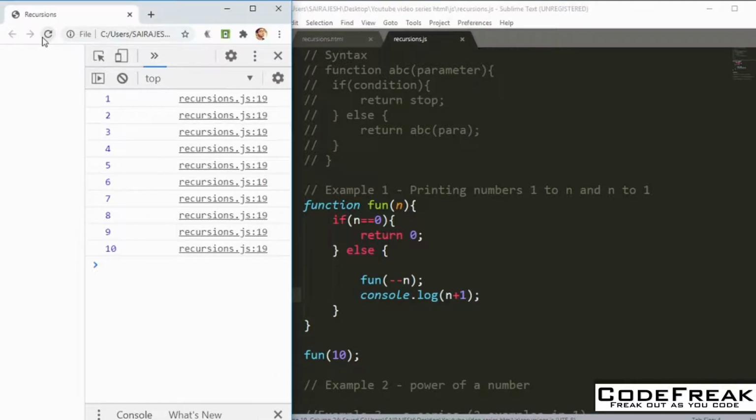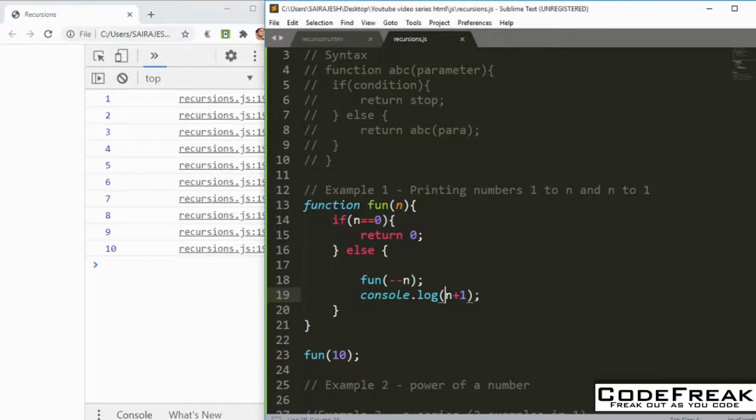If you're thinking I didn't do that, that's with respect to the first example. So now how does this work? First you take 10 as a parameter here, right? So this condition is not satisfied, so you go to the else. You are calling this function. When you call this function, you are calling function 9, then it will again go here and do that again. You will call function 8, function 7, 6, 5, 4, 3, 2, 1. So now when you call function of 0, it goes here, right, and then it returns 0.